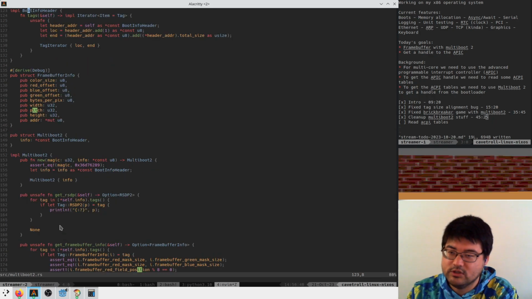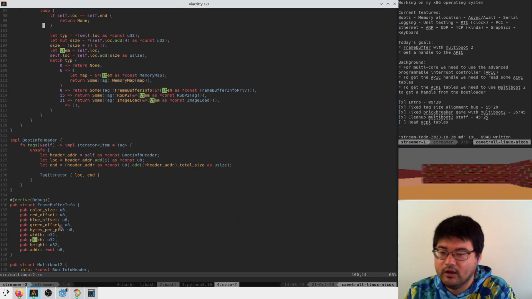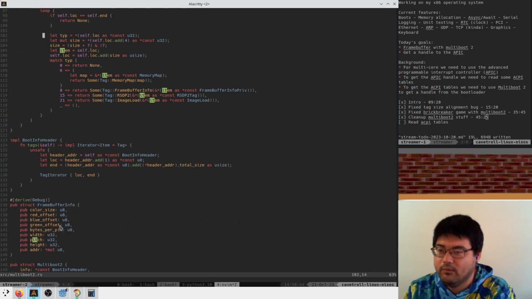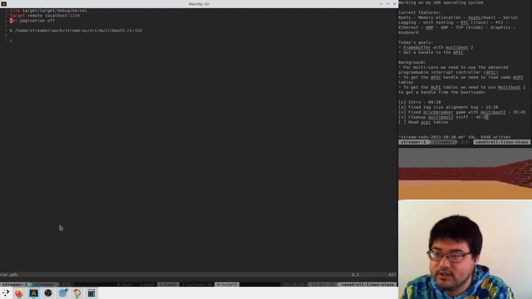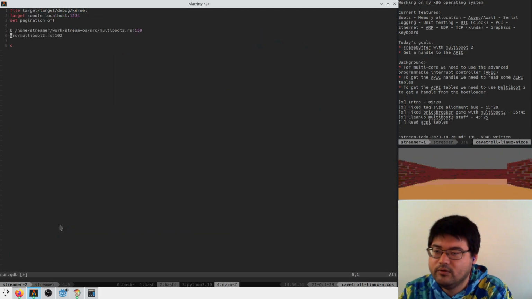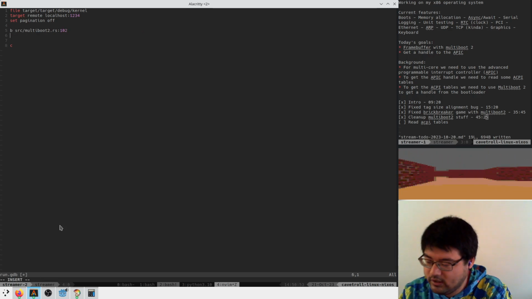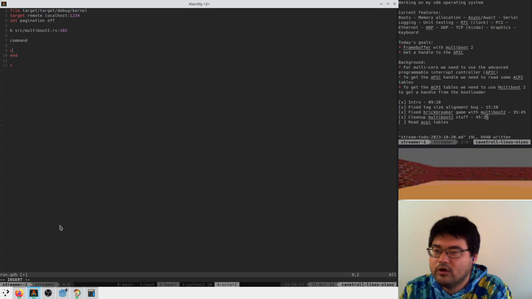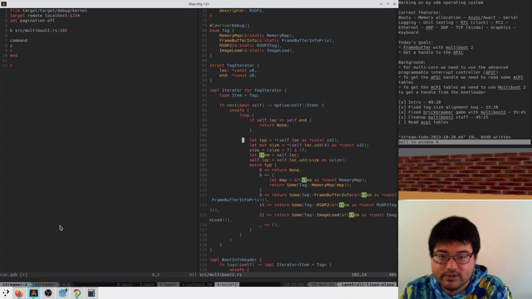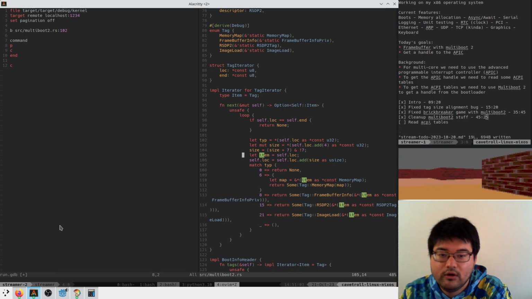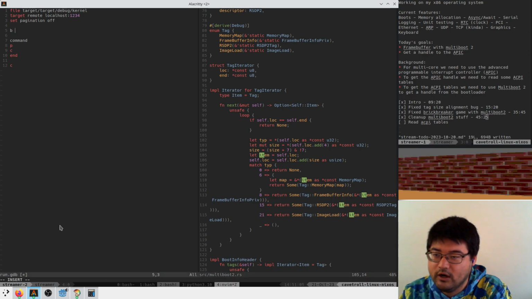I guess we never saw this tag. So I guess we actually do have to go back to our tag iterator here. And what I'm going to do actually, just for fun this time, is instead of adding prints here, I'm going to go in here, set a breakpoint in each of these, and say for each breakpoint, print, where was I looking here? I guess I want the breakpoint to be here.